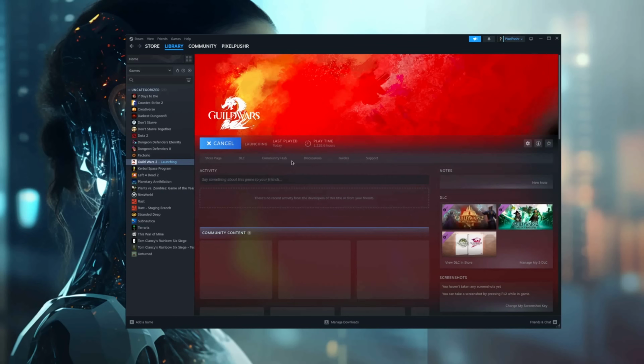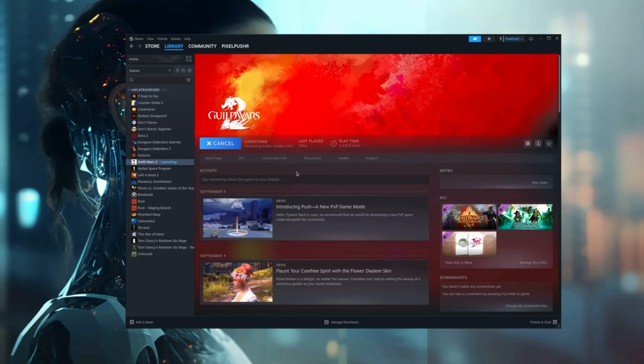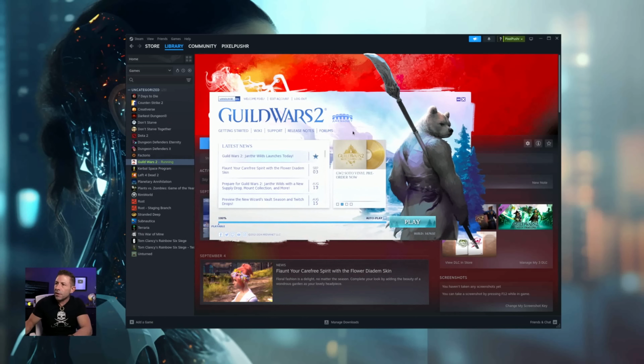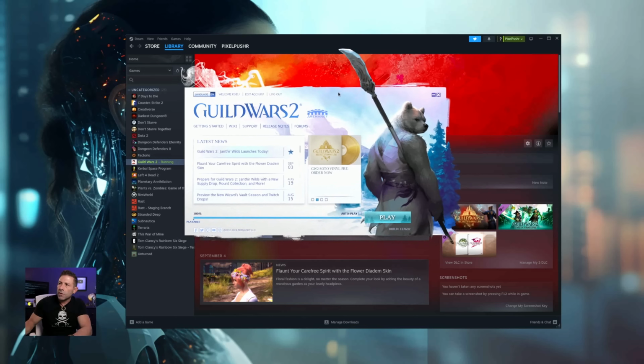This is Guild Wars 2. So let me go ahead and skip that, run that. And what it will do is it will run Guild Wars 2. And what's nice about it is it will run it, but in compatibility mode. Whereas normally Guild Wars 2 will not be able to be run on Linux. It is for Windows, right? It's a Windows game. But it doesn't matter because it will run here on Linux in compatibility mode. So there you go. Guild Wars 2 is up and running.